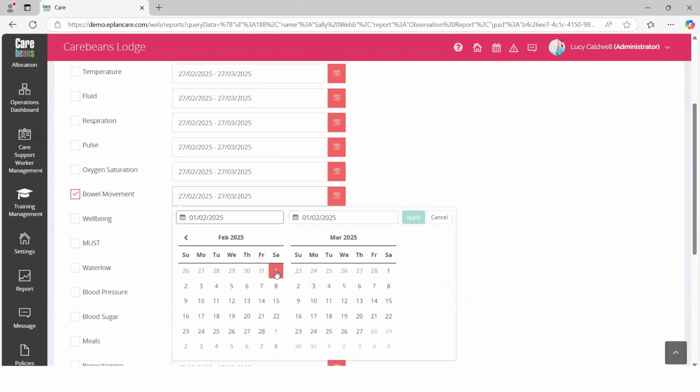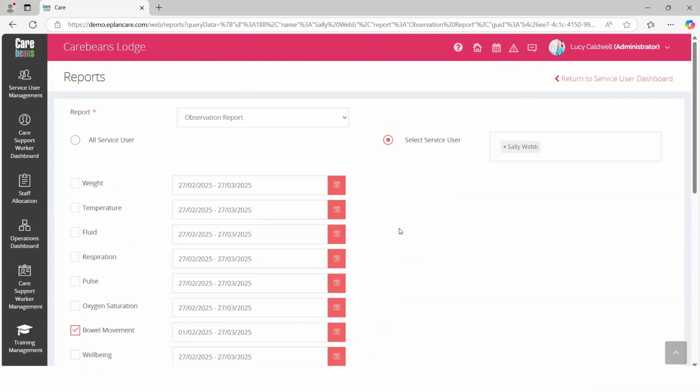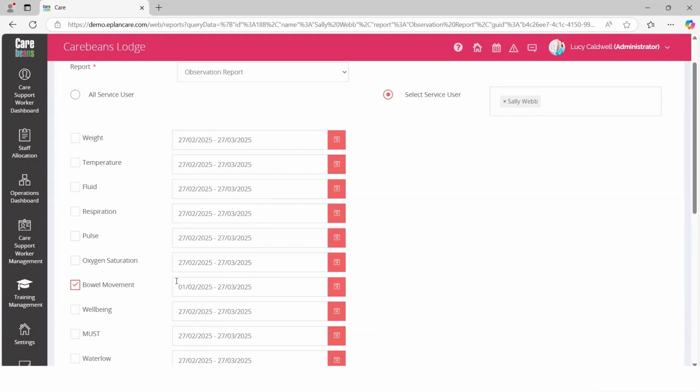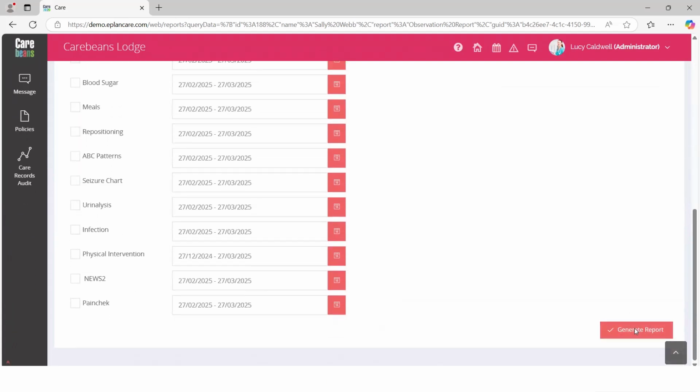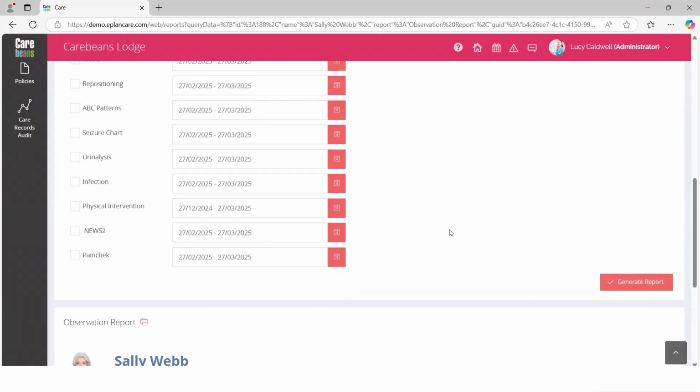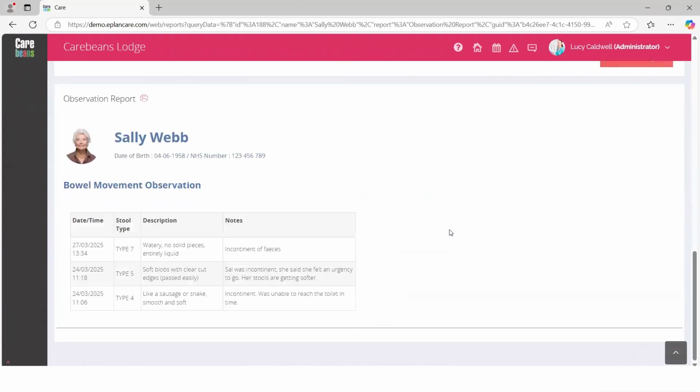So I might want to look from the start of February up to present day and apply that date range. So that has now been applied up there. And then generate a report. And then when I scroll down, I can see all the information that I need to see. Obviously, this is the demo site, so it looks like she's not been for 2 months, but this is just the demo site, of course, but this would be a full page of information